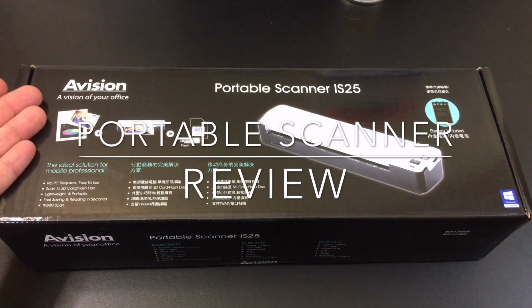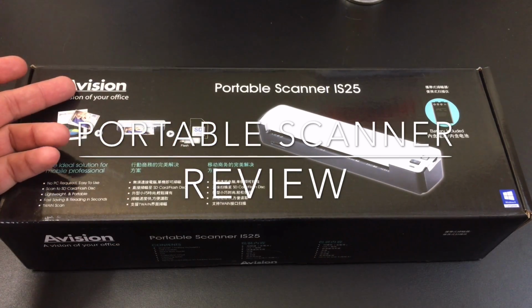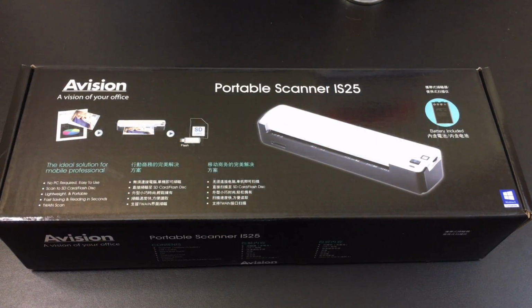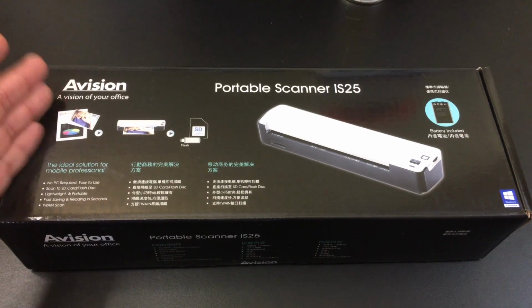And today I want to take a look at a portable scanner. This scanner is an Avision scanner, model IS25. Let's check it out. Now, scanners have been getting smaller and smaller over the years, and this is a perfect